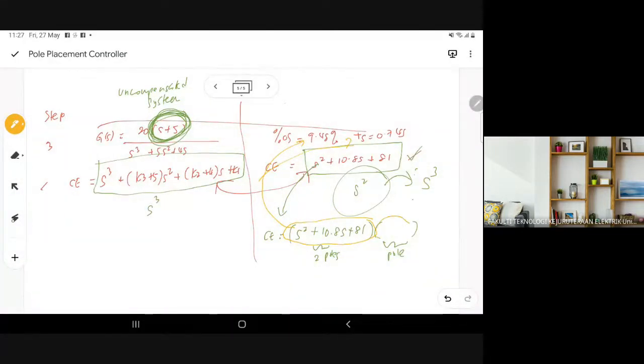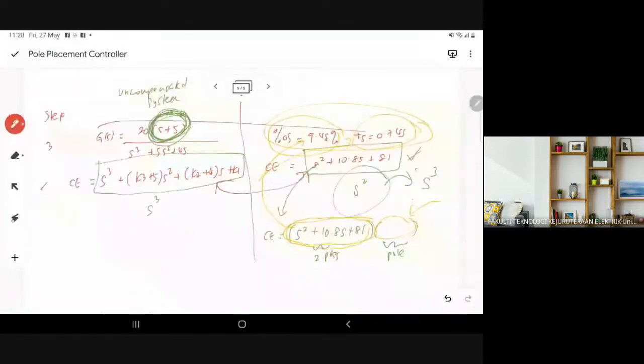If we add another pole here, it means our percentage overshoot and settling time will be changed. It will not be the same, because only this value can make the percentage overshoot equal to 9.48% and settling time equal to 0.74 seconds. If we add another value, automatically we cannot get 9.48% overshoot and settling time 0.74 seconds. So that's why we choose